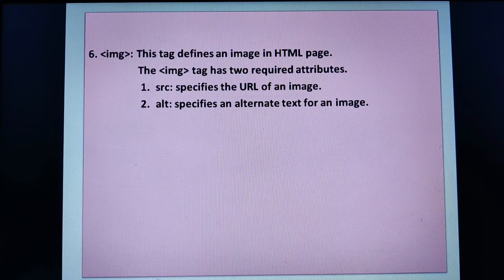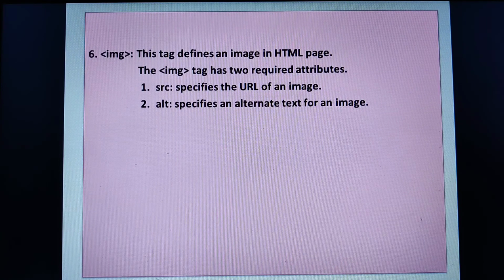Alternative: suppose by chance the source is unable to display the image, then you can display an alternative text instead. Maybe you are displaying a lighthouse image. If the image is not able to download, then by default whatever text you have given in the alternative will be displayed, saying there is an image of a lighthouse.